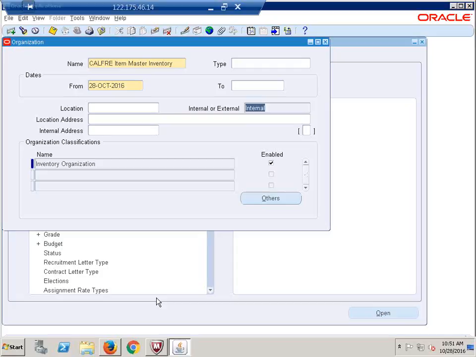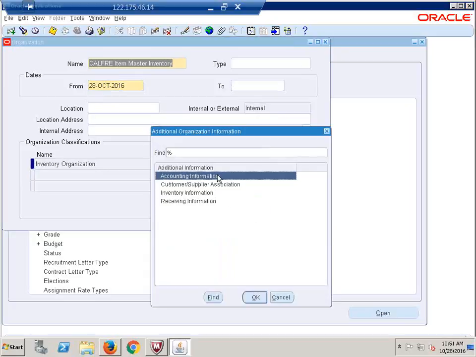Generally we are creating everything as internal. Within the internal organization only, we may create the external employees also, where we can classify them as contract employees. Or else, if you want to maintain them separately, here you can give the classification as external. There are many other reasons why we'd use it in other cases, but generally it's to classify internal or external, that's all. Fine. So click on Others,